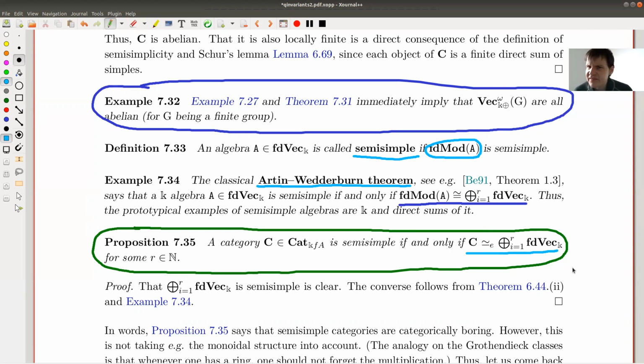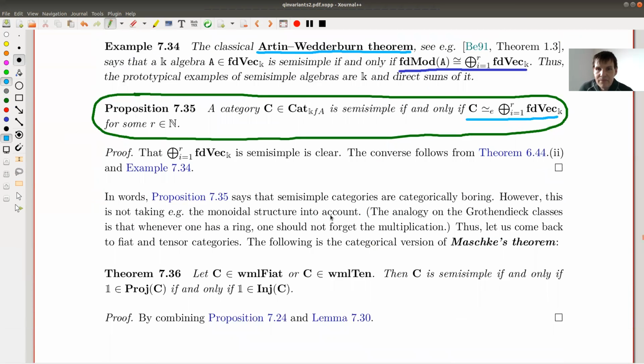So semi-simple is such a nice notion, and then it turns out that basically only vector spaces are semi-simple, or any version of vector spaces. It's not so bad because you would need to find this algebra, and this is usually not so easy to see. And usually your category in practice looks completely different than copies of vector spaces, but it will be copies of vector spaces if it's semi-simple. So what this proposition is saying is, if you really, really care about semi-simple categories, then there are not so many of these. A little bit of a bummer.